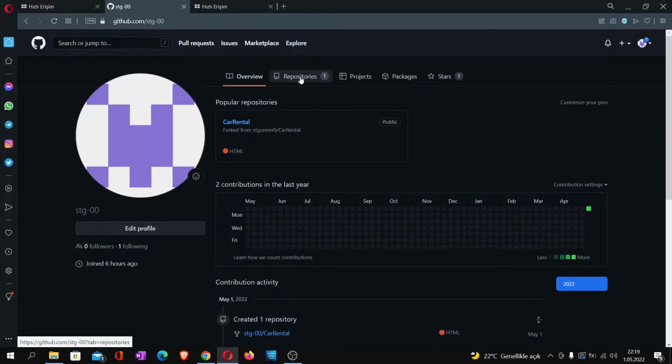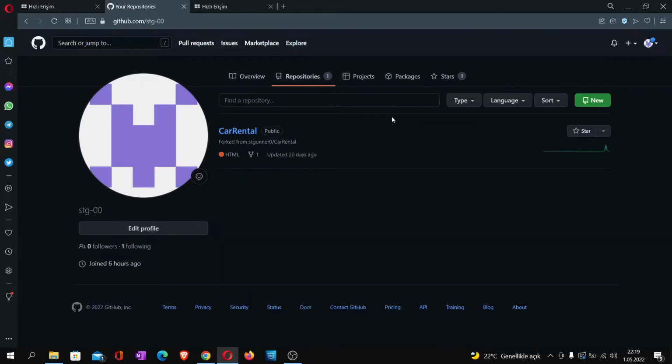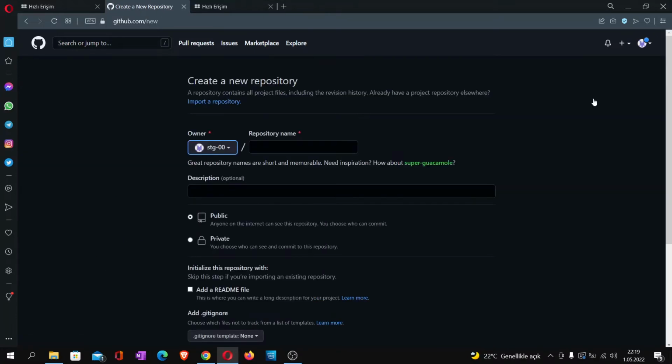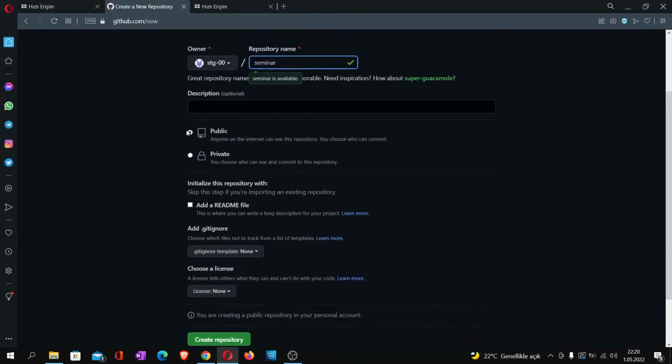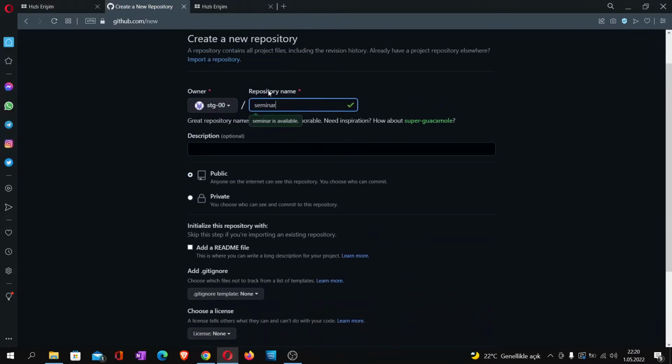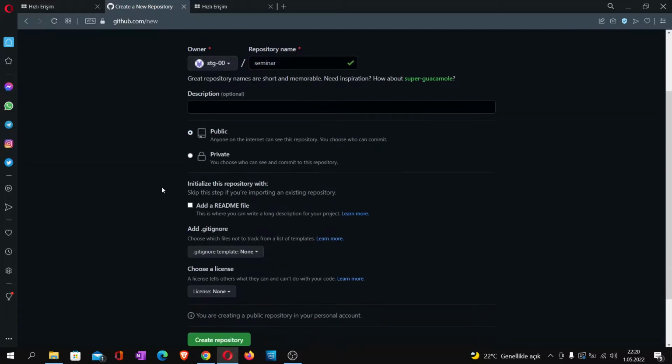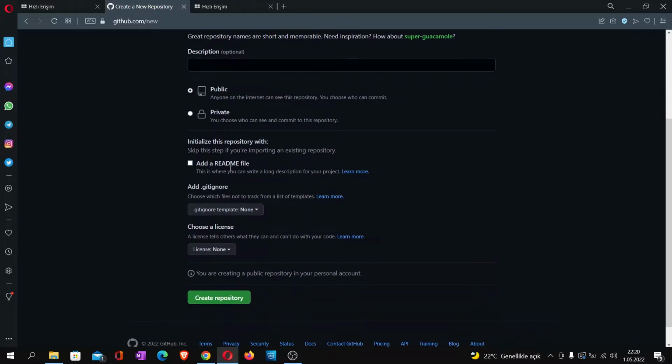In your profile, there is a repository section. You can fork or you can create a new repository. Let's create a new repository with the name of seminar. You can choose this repository as public or private. I choose public. You can add a readme file,